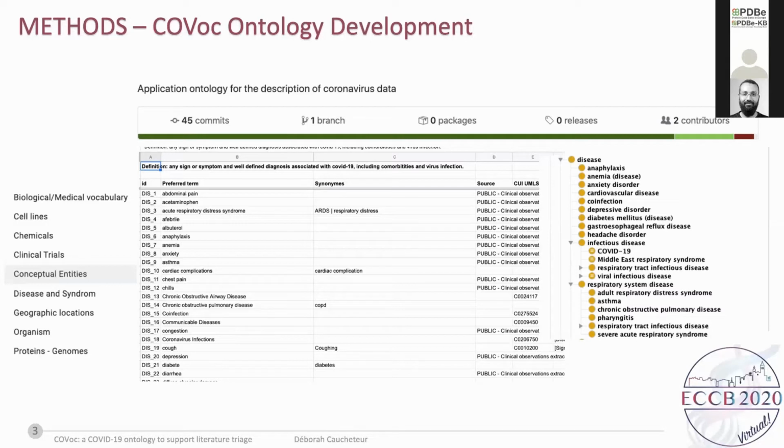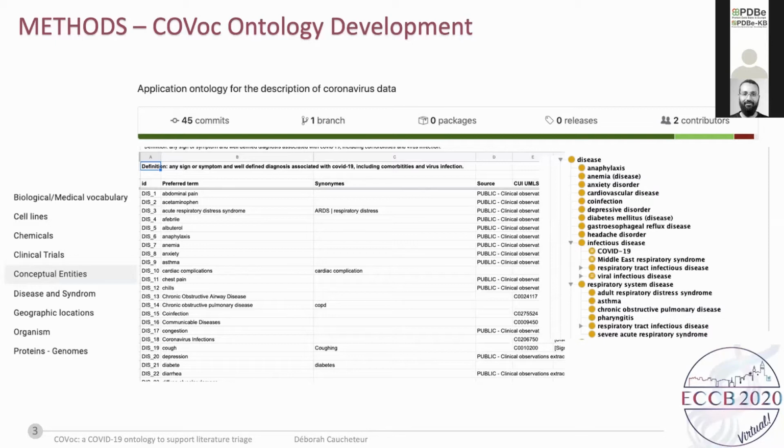The aim was to include as many terms as possible from existing ontology resources, combined with more specific novel terms created for COVOC. Terms that are both novel to COVOC and imported from other ontologies have additional annotation properties to aid users, including a preferred label, cross-references to both OBO ontologies and other vocabularies, internal identifier, and synonym.